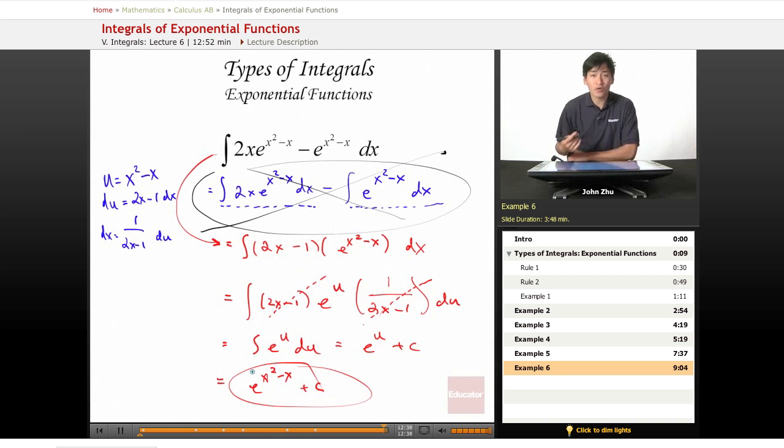So solving integrals is all about being clever and seeing how they're asking you the problem and choosing the right u